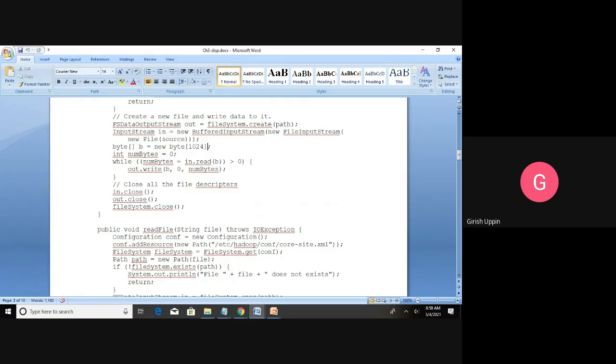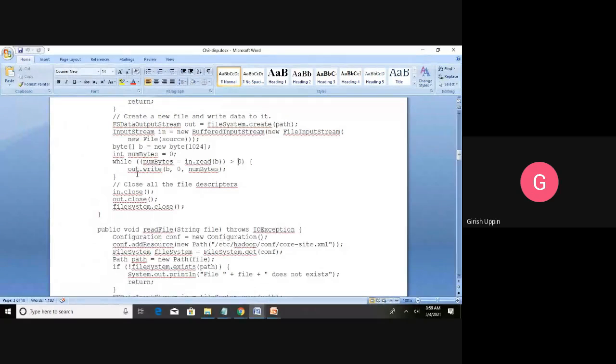Then numBytes is equal to 0, while numBytes is equal to in.read(b). Now in is the input stream, so it will read the number of bytes, 1024 bytes, into b, that is the byte array. If it is greater than 0, it means there is something available in the input file.